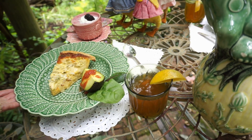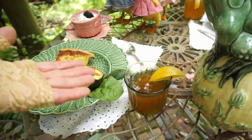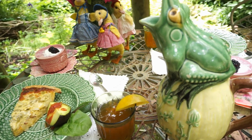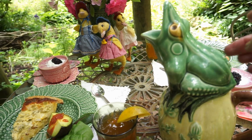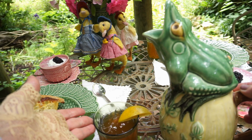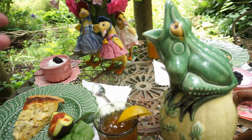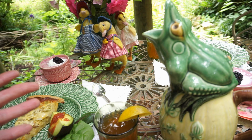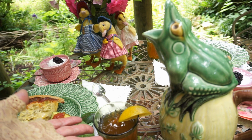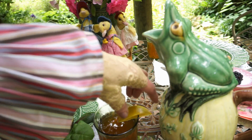So we're doing the wonderful quiche and avocado. I love avocados too. And today's tea, served from this wonderful and whimsical pitcher, is simply a jasmine green iced tea, and it's a generic tea straight from the grocery store, which makes a pretty good iced tea. So it's jasmine green tea served with a little bit of